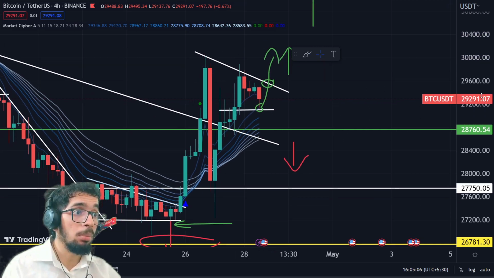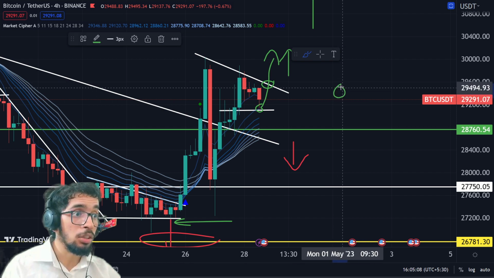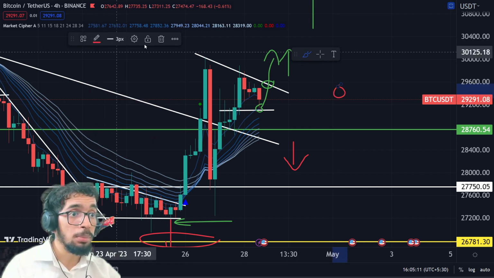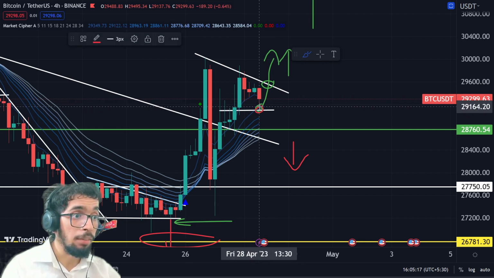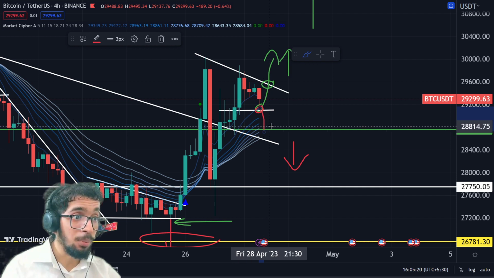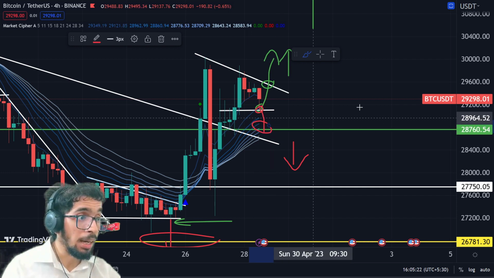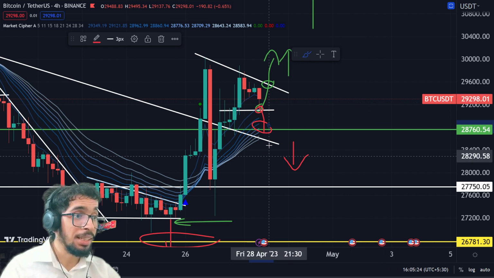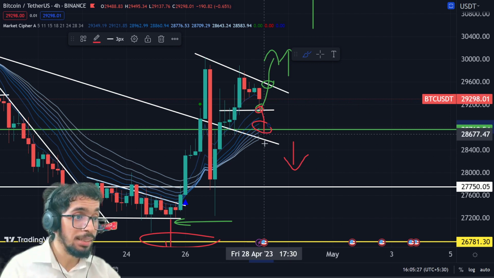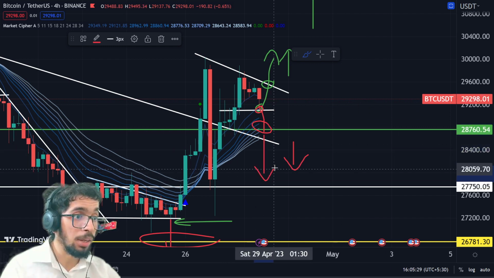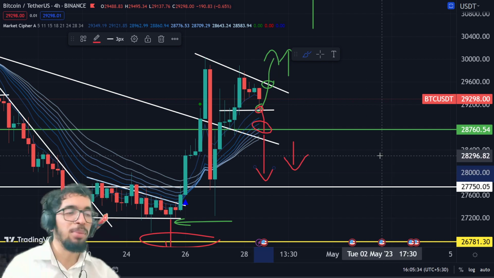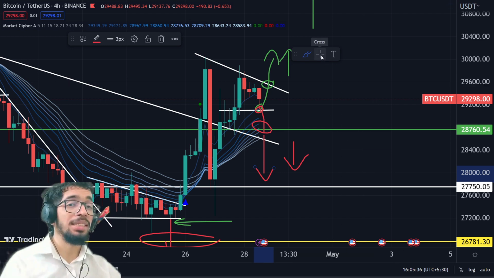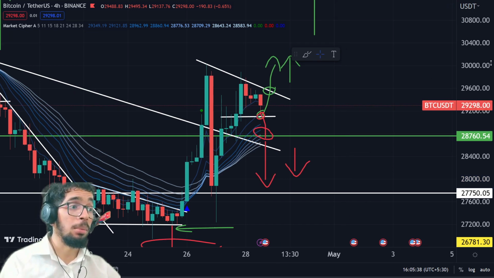Now let me show you the bearish part. The bearish part will be this. If it's here, it breaks this key support, and from here it breaks this. Once it breaks this one at around 28,760, then we are all going to this range right here, this support at around 27,750. Then it's mostly bearish. So that's what BTC needs to do, the big move that we are all going to watch.